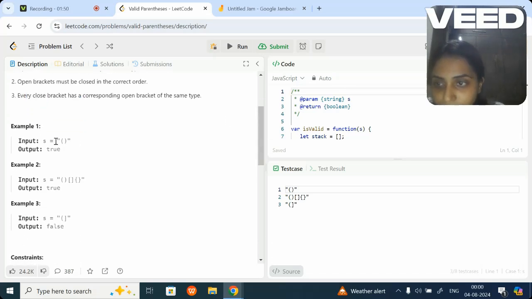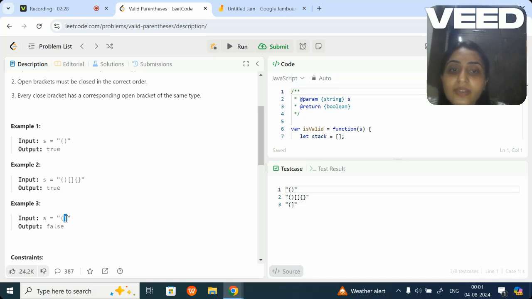Let me just show you, let's go a little bit down. If you see over here, this is a string which definitely has an opening and a closing tag, and that also in the same order. So this becomes a valid parenthesis. String number 2, you have an opening parenthesis and then a closing immediately, and similar for the second kind of character and the third kind of character. So this also lies in the valid parenthesis. And the third one has an opening character but not the same type of closing character, and that is why it is not a valid parenthesis.